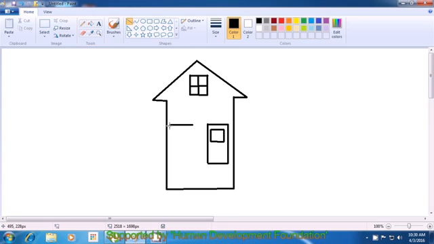We draw another line downwards like this. We will draw a line downwards here.